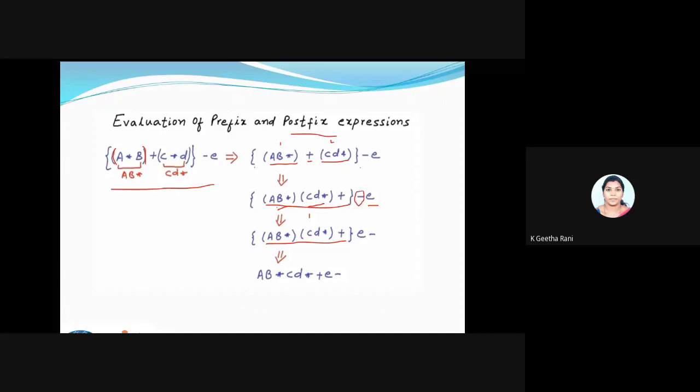So I'll write the whole thing: my first operand, my second operand, and my minus. Since I applied a postfix, now I'm removing the bracket for a clear representation. Fine. So I'm getting the answer A B star C D star plus E minus. This is the step-by-step way of converting an infix expression to a postfix expression.